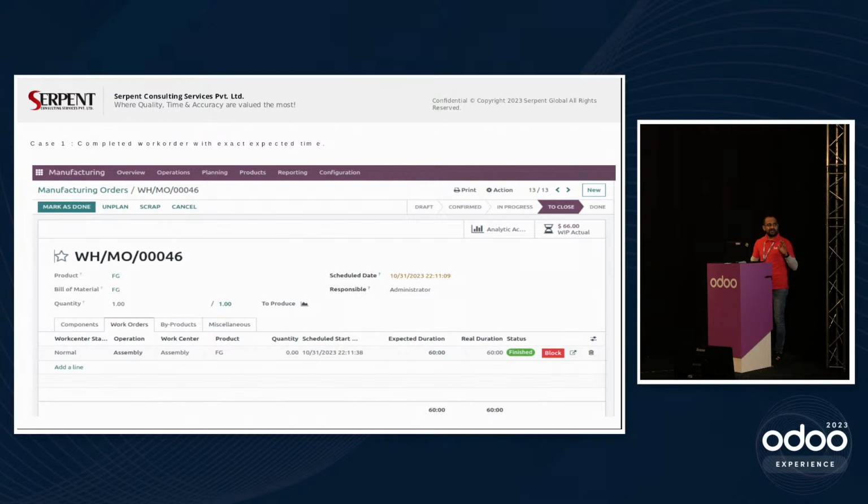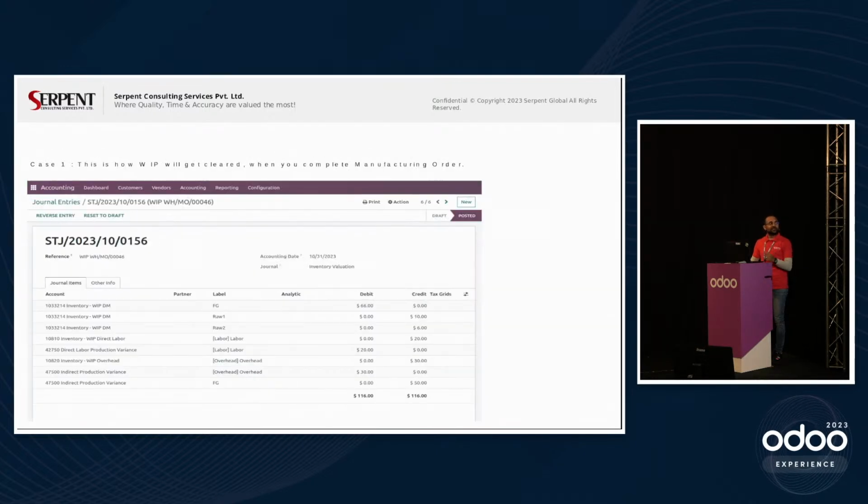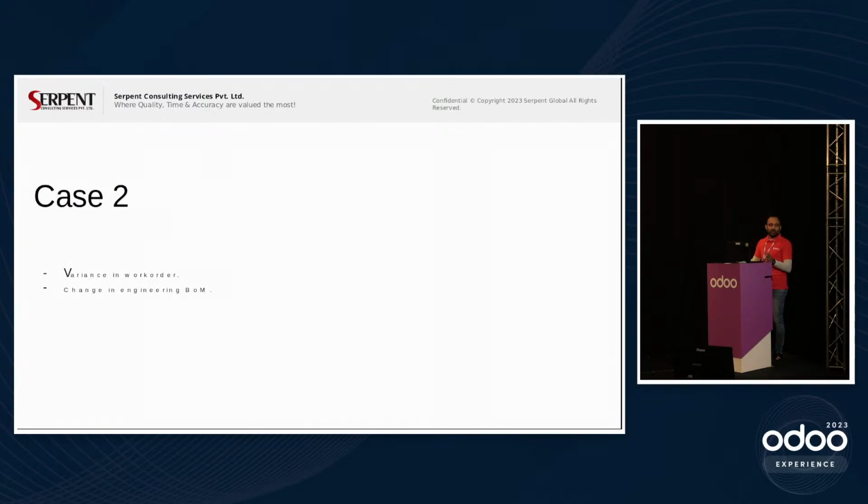I consumed one each, simplified. Expected duration: machines are running so nicely, like Odoo Experience, 60 minutes expected, 60 minutes real. We are good. No worries. No change on the cost, no change on the quantity, all good, clear. That's how nothing happened, no concerns.